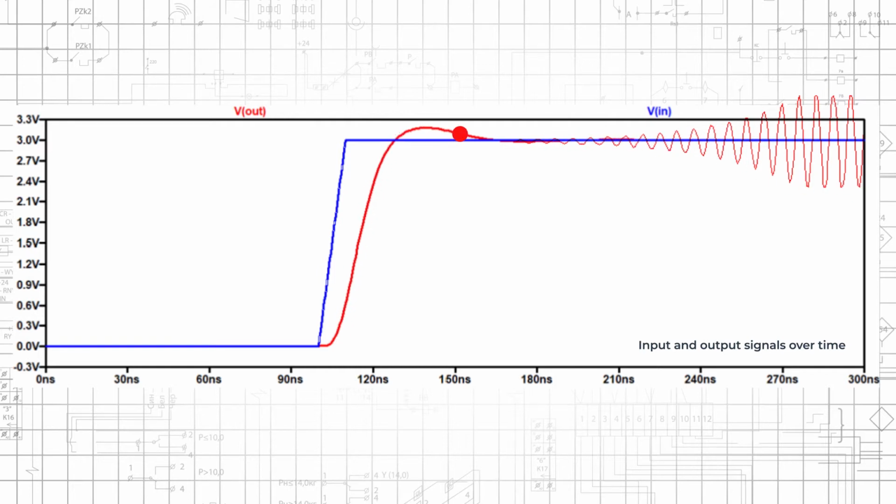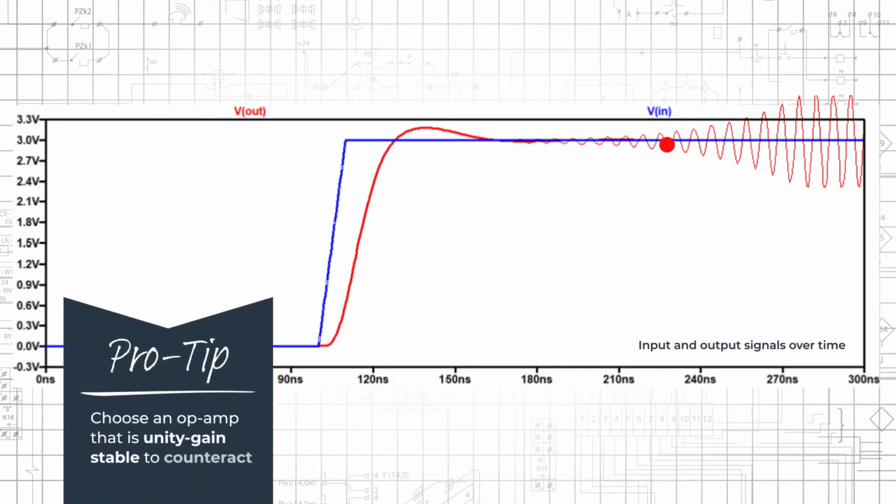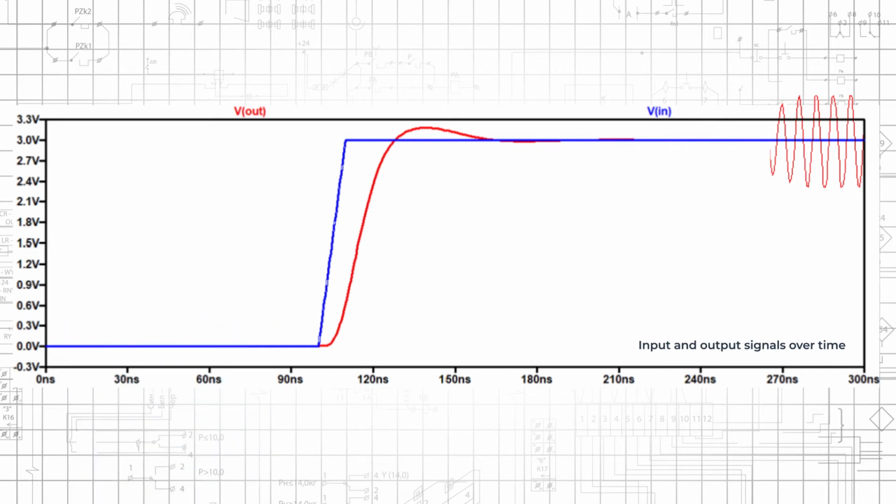In most cases, all that you need to do to prevent oscillation in your voltage follower is to choose an op-amp that is described as unity gain stable. These op-amps are internally compensated in such a way as to create a frequency response that allows for stable operation even when the device is used in a voltage follower